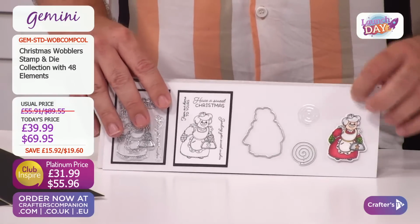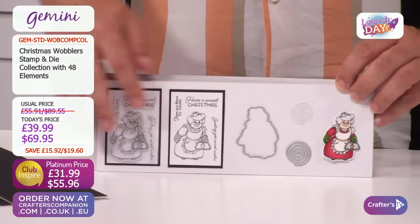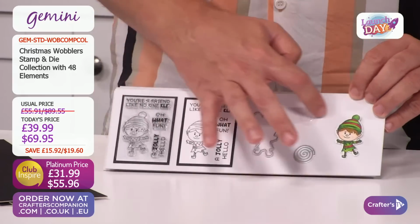You are also getting a wobbly Mrs. Claus in here. Craig was saying this reminded him of someone, but he wouldn't tell me who earlier, so I hope I'll get that out of him. I think who it is, Joe. It just reminds me of someone, but...